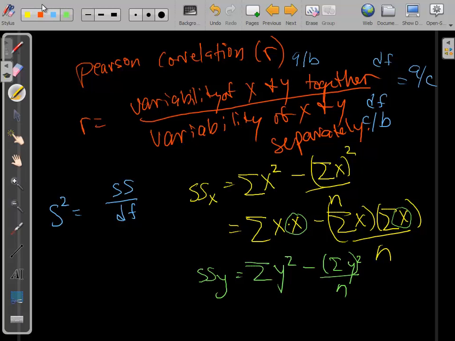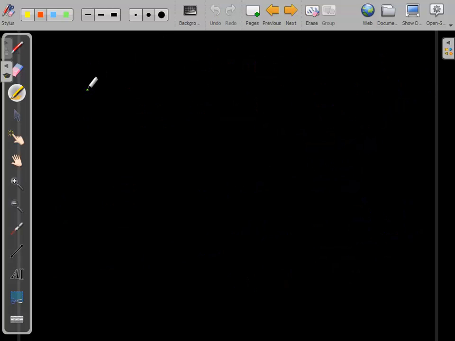So SP, the sum of the products, is going to be the sum of the x's times y minus the sum of the x's times the sum of the y's, divided by n. Like I said, we just replace one of the x's with a y and one of the sums with a sum of y. Okay, so the nice formula for the Pearson correlation, r, is going to be